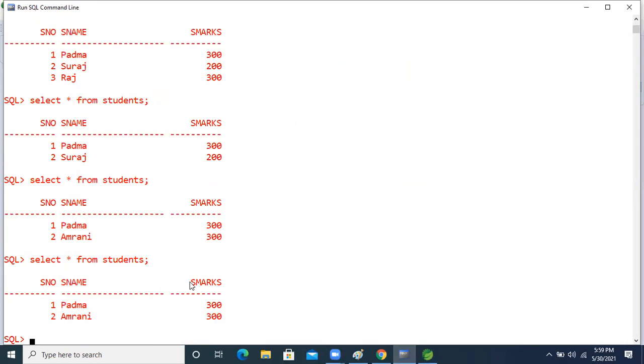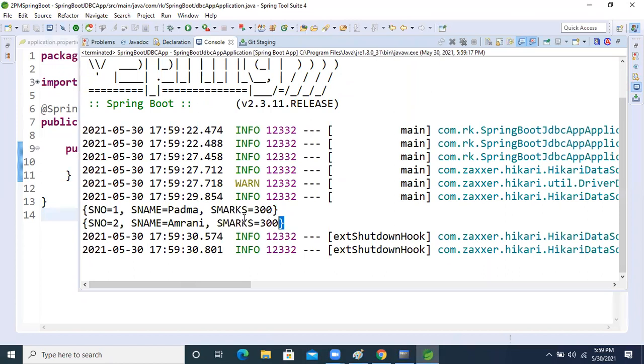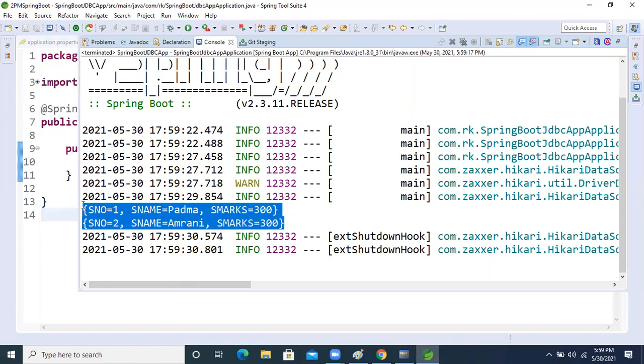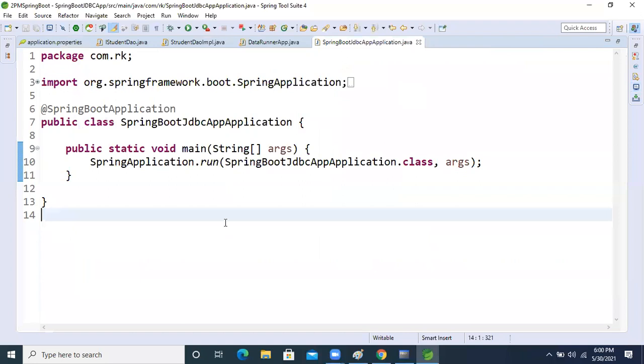See, two records are there. Are we getting those records on the console using our Java application? We are getting the list of records or not, guys? Come on. We are getting them now.